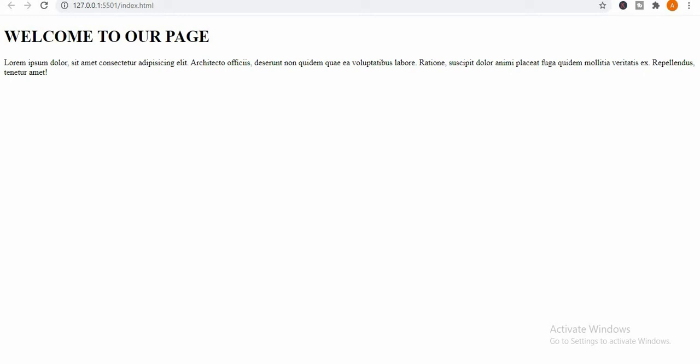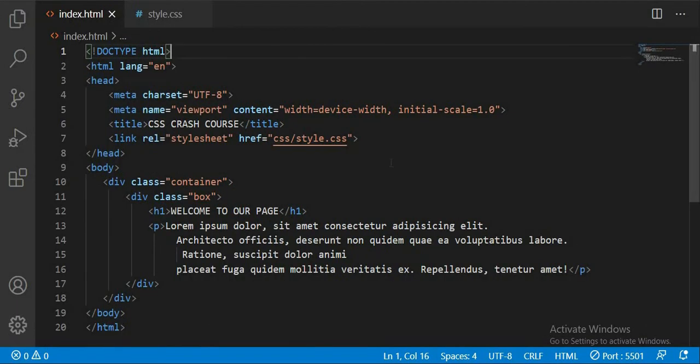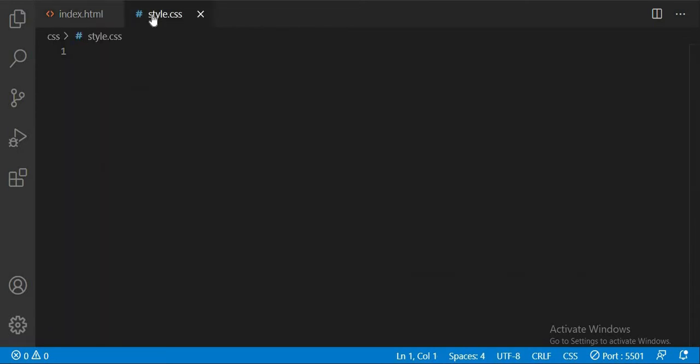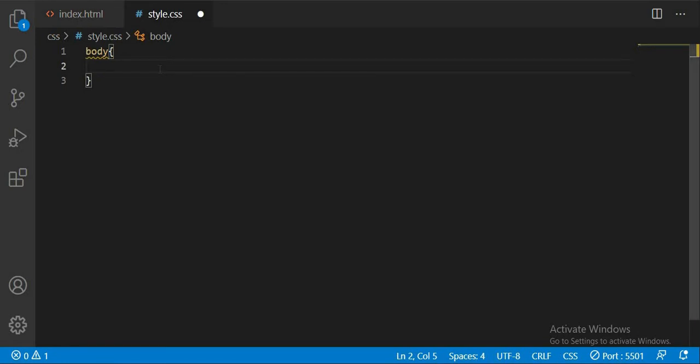We've gotten our header. So now let's jump into our CSS. We've linked our CSS and our HTML together. Now we want to style this HTML. So let's get into it. We're going to select our body. This is the body, so we want to style this whole body. So let's give this a